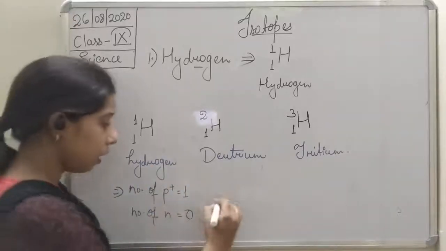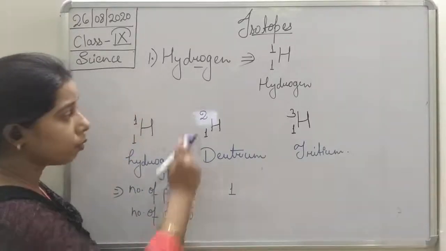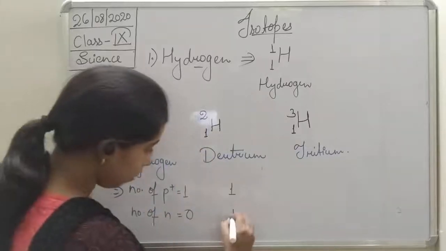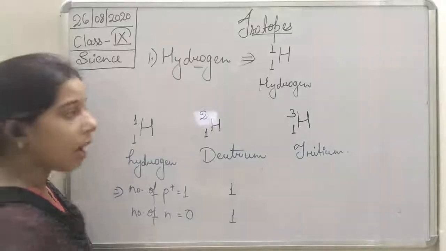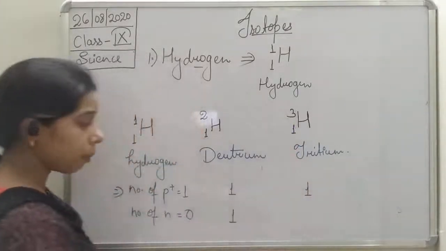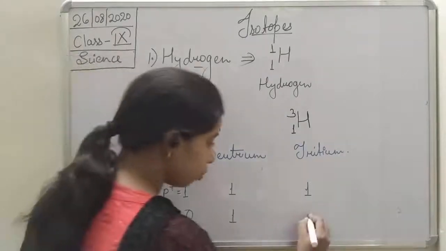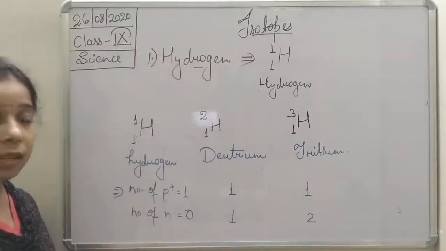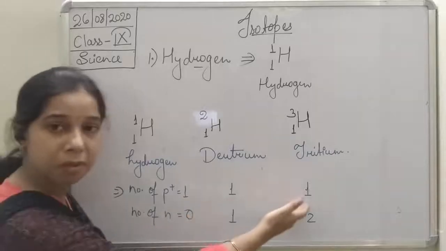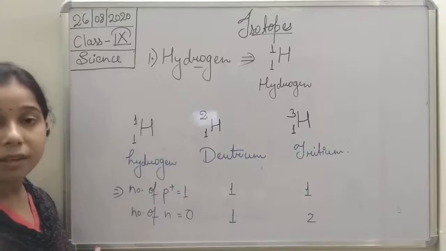Here the number of protons is 1 again, and number of neutrons is 2 minus 1, that is equal to 1. So number of neutrons will be 1 here. Okay, and here 3 minus 1, so number of protons will be 1, and number of neutrons will be 2. So you see here, students, these all vary just because of the number of neutrons. Number of protons remains the same, and that is why the atomic number is same. But the number of neutrons is